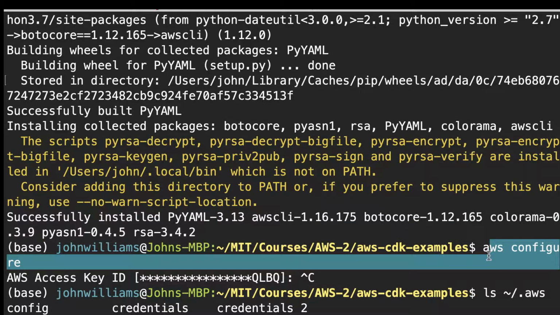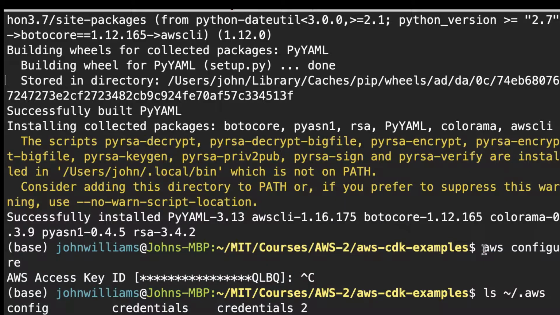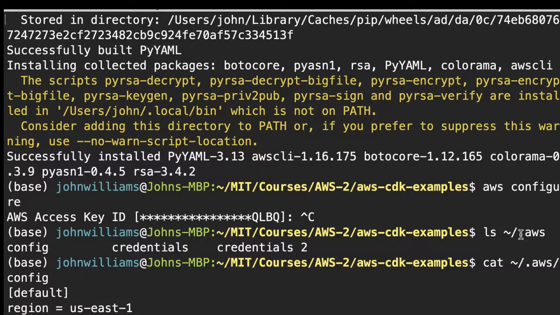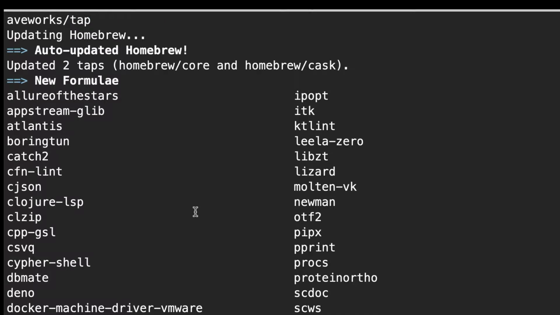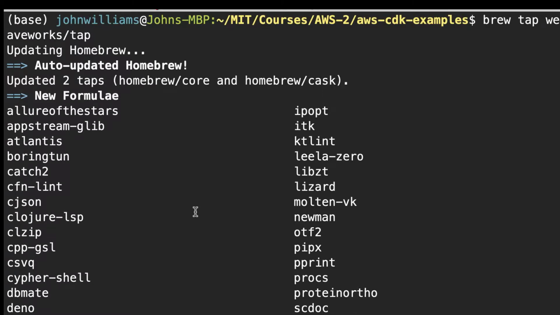We need to configure AWS. Mine is already configured to access under the .aws directory. So squiggle, so that's user John or whatever it is your name is, .aws. You need to make sure you've got credentials and this config file set up. So the config file, I'm using US East, and then we've got